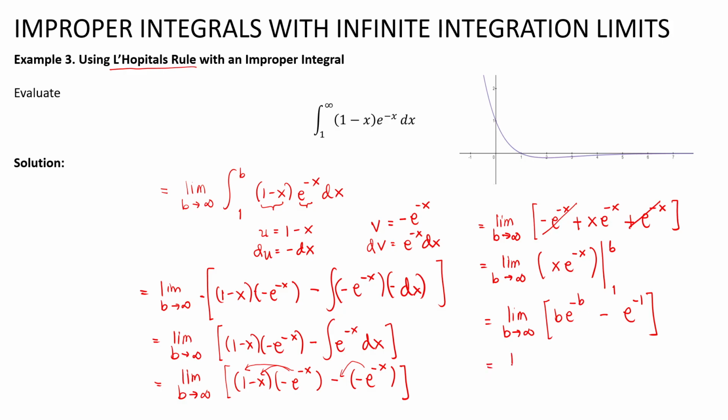So in fractional form, this becomes the limit as b approaches infinity of b all over e to the power of b